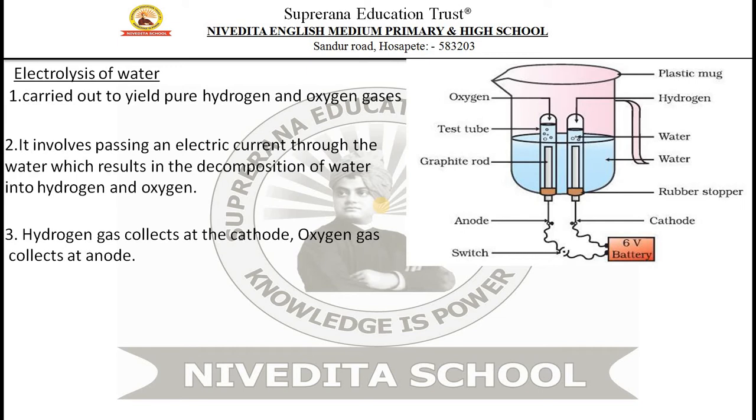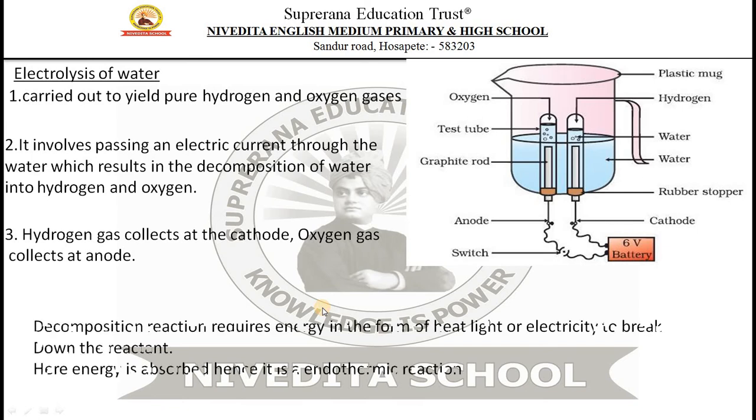So these are some of the questions that might come up. The main important thing is the diagram; it can be asked for 2 marks. So what did you see in this decomposition reaction? Always, in order to carry out a decomposition reaction, we require energy, either in the form of heat, light or electricity.